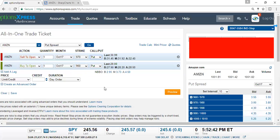Okay. So now you see here where it says the bid, B for bid, A for ask, and the medium is a mid. So if you place a market order, say you're just going to place a trade, and I like doing limit, so I put in the price where I want to try and place a trade at. But if you're doing a market order, your order gets filled somewhere between $2.95 to $4.50. And that's $295, and the ask is $450. So the mid is 370. So they're saying it could get filled, depending on the market, around the 370 level, which is a pretty good